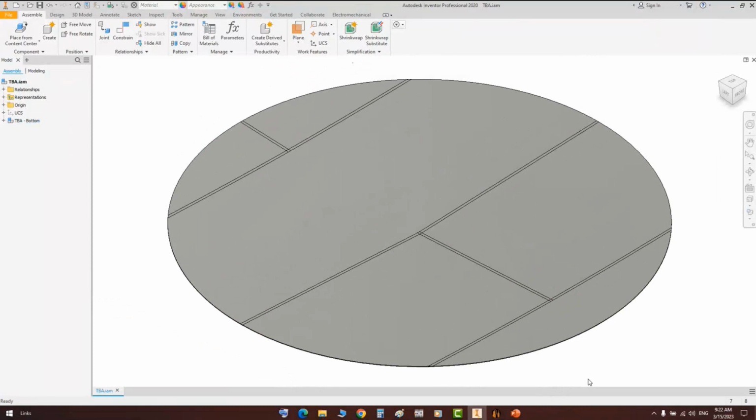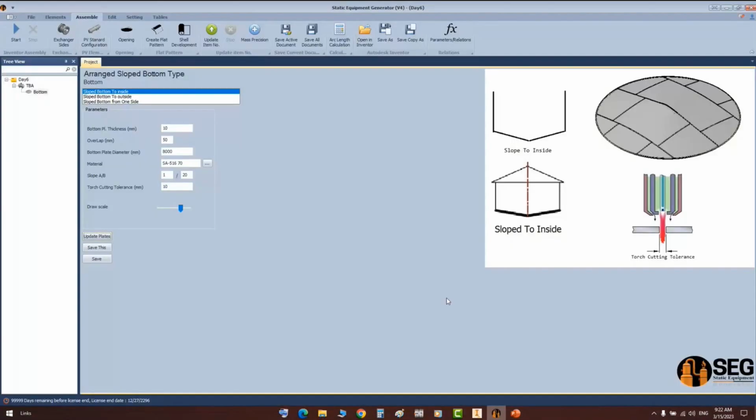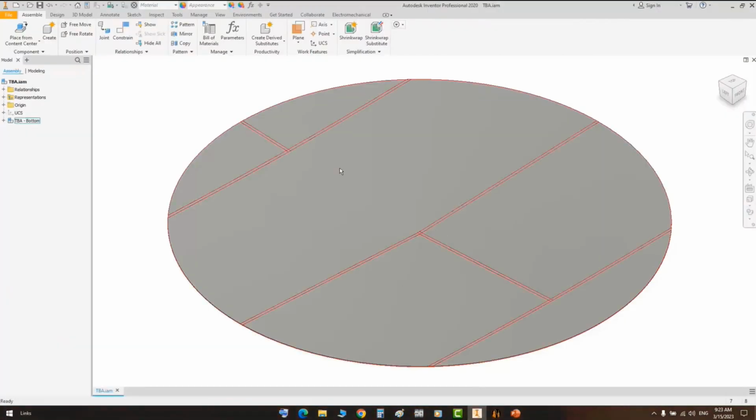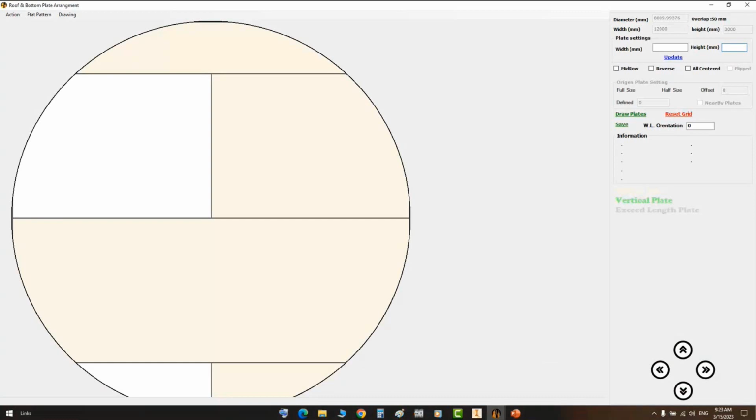Now to get the flat pattern of this part, it does not look like the previous one for the flat bottom. For the roof and bottom with a tilted value like that, you will need to get the flat pattern from here. From this form, you will get some actions. One of them is create flat bottom, because this assembly is an approached assembly, not from blade. So if you open those parts, you will not be able to get a shell development for it because it's formed